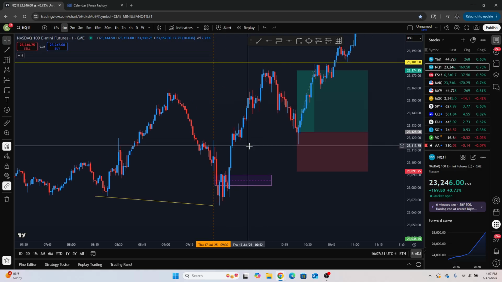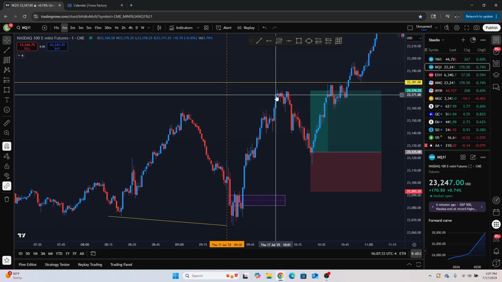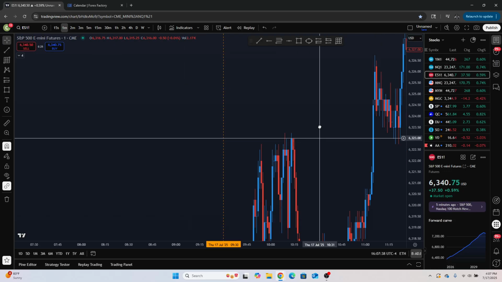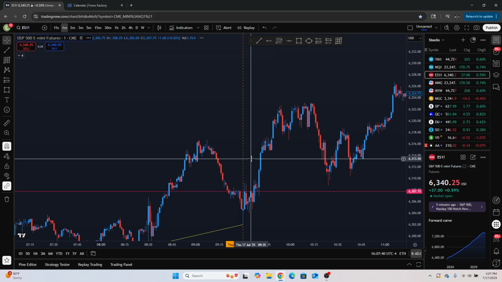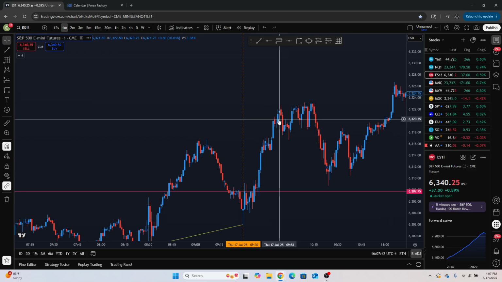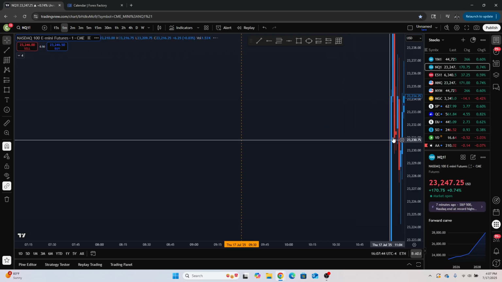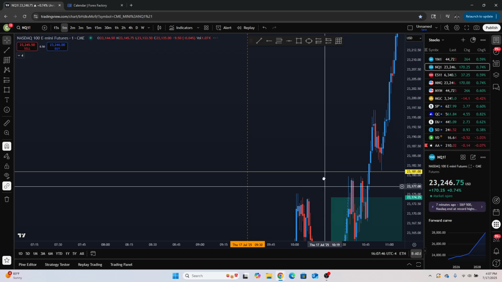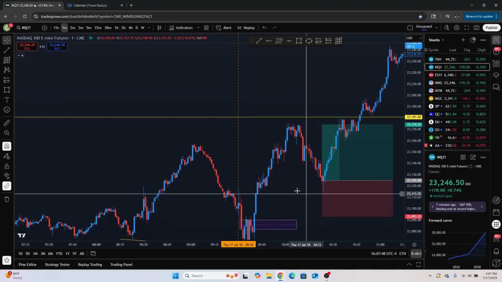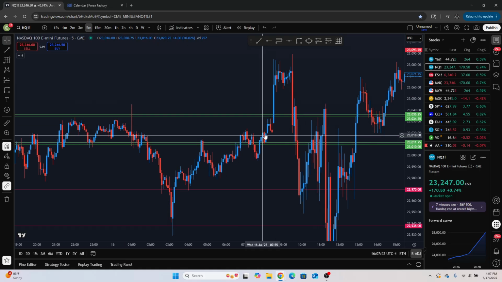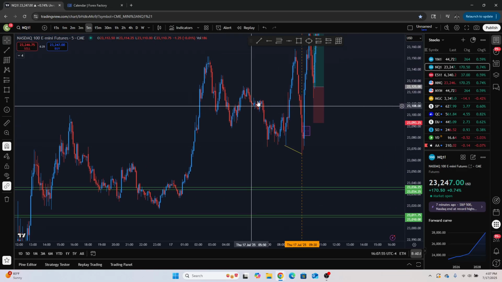So after that, we see this run up, push past these highs. ES, as you can see, was really running. I kind of didn't want that to happen, and I almost didn't take a trade because of this. But looking on the 5 minute, where are we at?